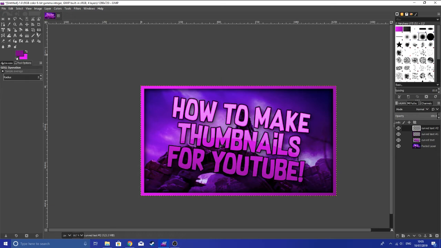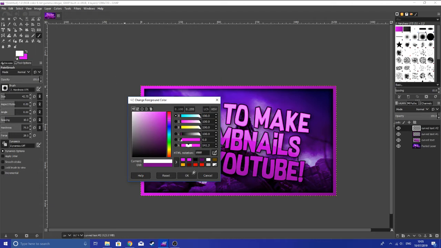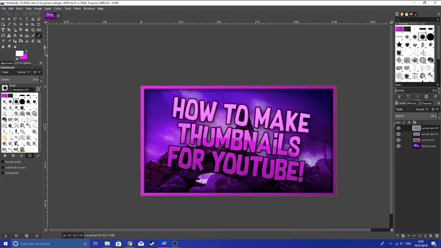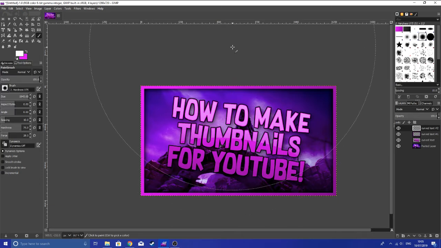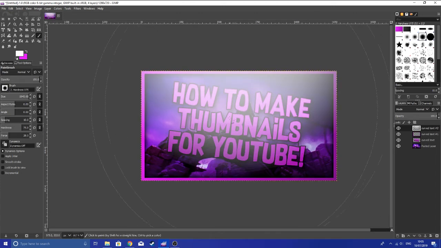Oh, well, it will be there once we're done with it, but we'll move it to the top for now. And then you want to select the colour white, and then select your brush with P, and you want to change the size so it's fairly big, quite big like this, and you want to change the softness a bit. The softness already is on the right one for me, but you can mess around with it. And now I just want to carefully try and center it and click, and this will basically create a spotlight effect like this. And then you can put this